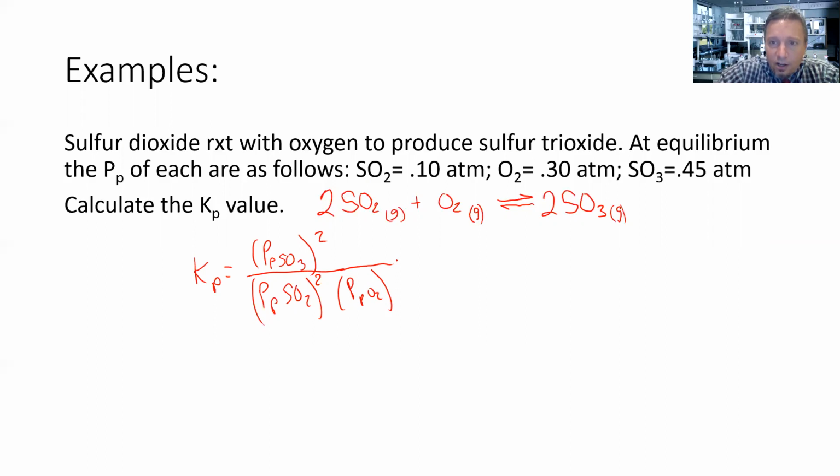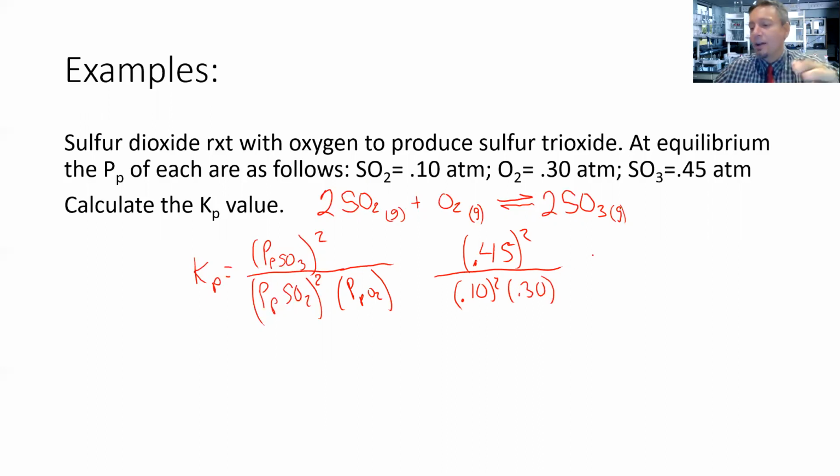So my partial pressure of SO3 is 0.45, and that's going to be squared, divided by SO2 is 0.10 squared, and this is times the partial pressure of oxygen, which is 0.30. So now I get my calculator out and I start to do this process right here. So I can go 0.45 and square that, divided by